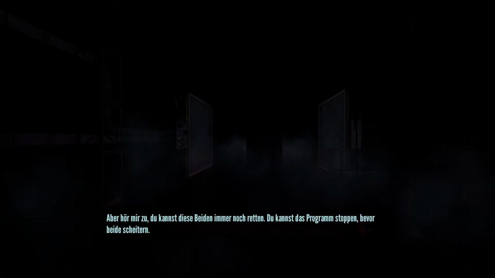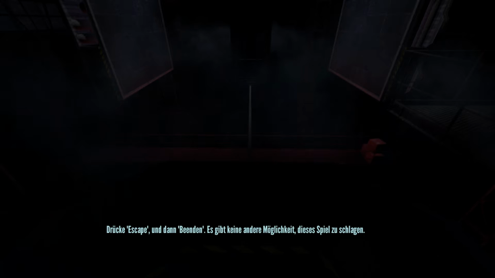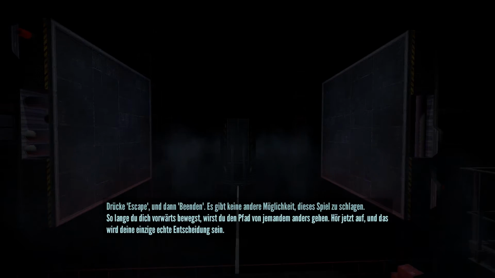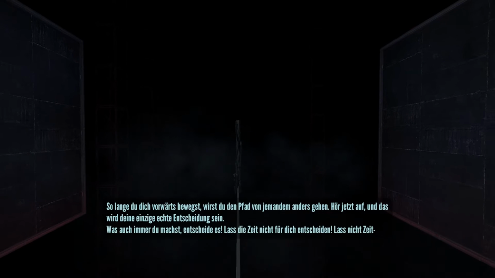But listen to me. You can still save these two. You can stop the program before they both fail. Push escape and press quit. There's no other way to beat this game. As long as you move forward, you'll be walking someone else's path. Stop now and it'll be your only true choice. Whatever you do, choose it. Don't let time choose for you. Don't let time...